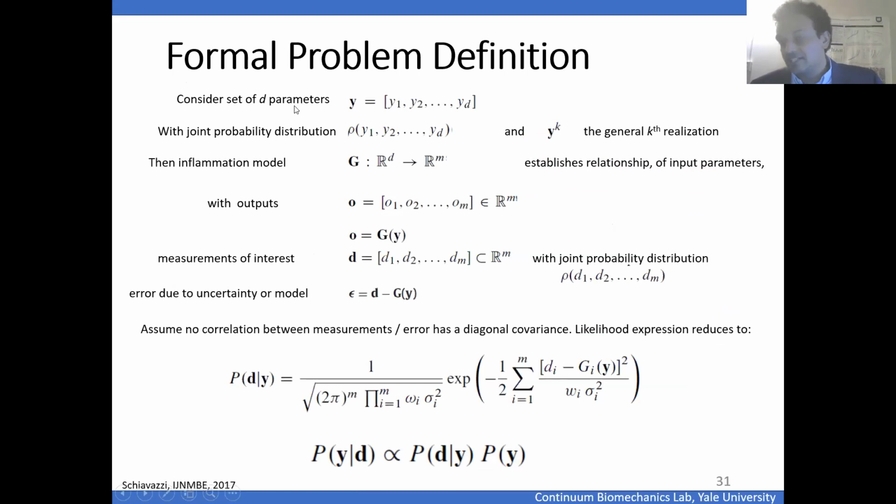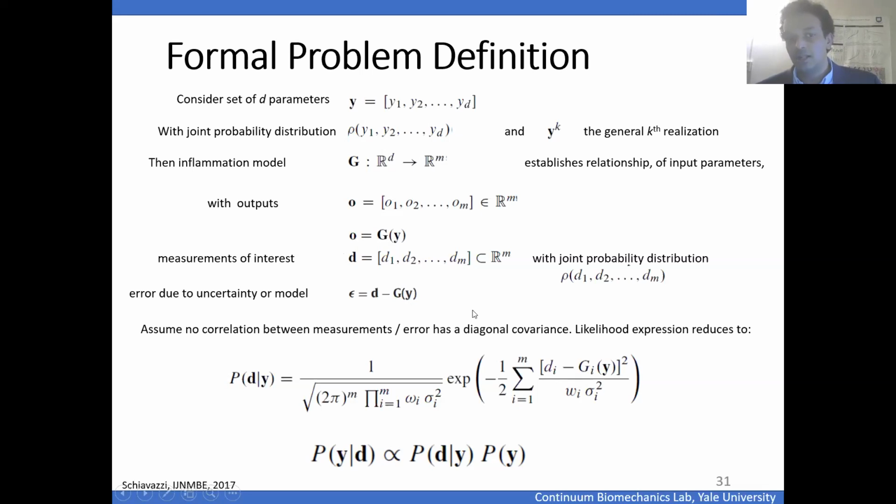So assume you want to estimate a set of D parameters, and it has a joint probability distribution of rho. And you have this systems information model, which takes these parameters and gives you a set of measurements that are in the space R^m. And if O are a set of outputs from the model, and D are a set of measurements that you got either clinically or from some biological experiment, what you're trying to do is reduce this error between your measurement and the